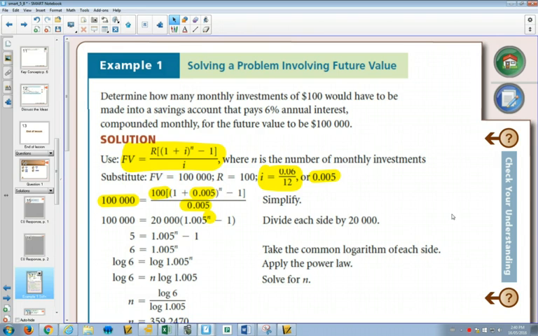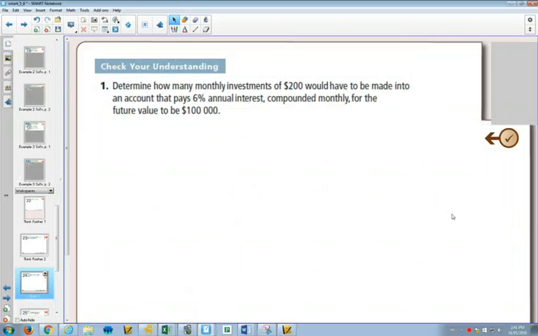Okay? On your take-home quiz, I have a couple here, and I say you can use TVM solver or the formula, so you get a choice. Okay? So this one off to the side, how many monthly investments of $200? So the work that you would show